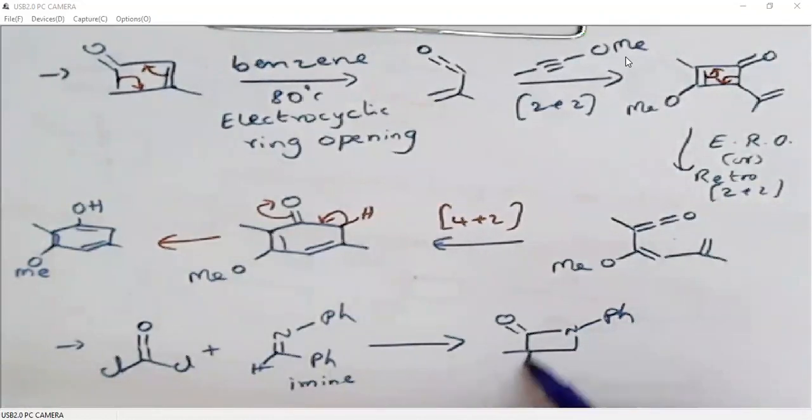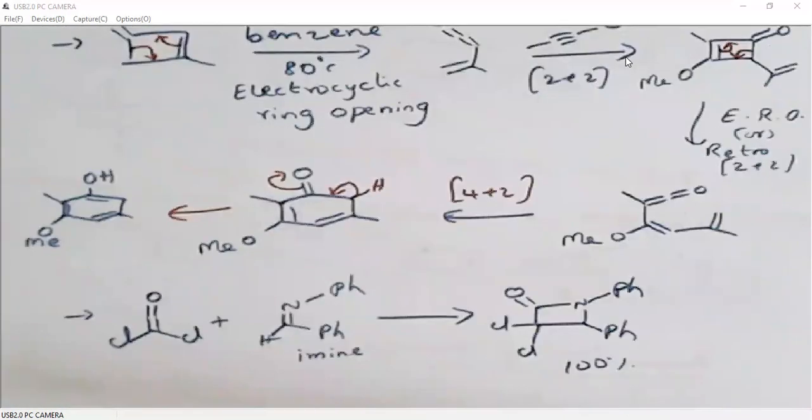So the importance of imines involving in 2+2 cycloadditions with ketene is the generation of four-membered heterocyclic systems, which are part of many natural molecules. This is an important part of penicillin. Okay, so four-membered heterocyclic systems are very important in the drug industry. So it is important to know how we generate this cyclic system. This reaction is called Staudinger reaction.